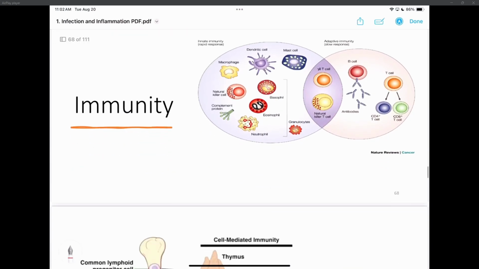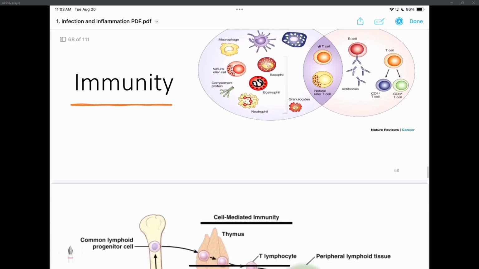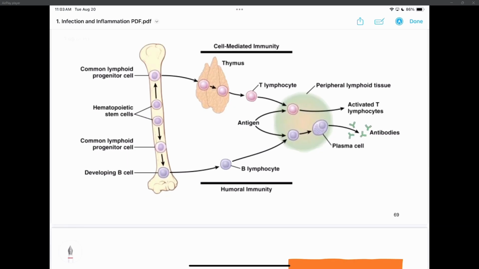Okay, next section is on immunity. So we've already gone through all the inflammatory processes, know about acute and chronic, and the major differences between the two. Now moving on to immunity. Remember that with our cell-mediated immunity, the T cells are from the thymus gland, and the B cells are from the bone marrow, from the bone for B lymphocytes.